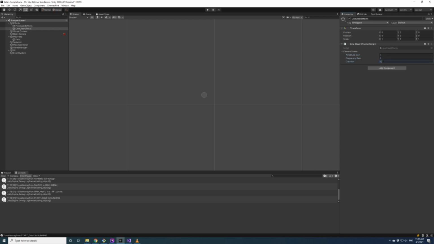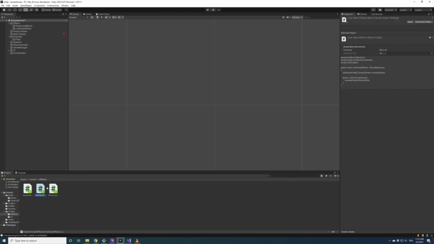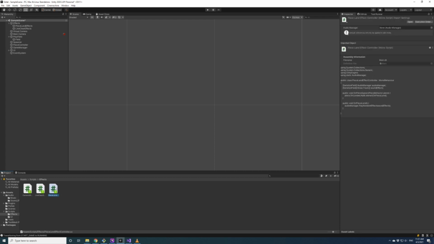Two, 0.075. Okay, piece lands effects. Effects, line clear effects, piece lands effects controller.